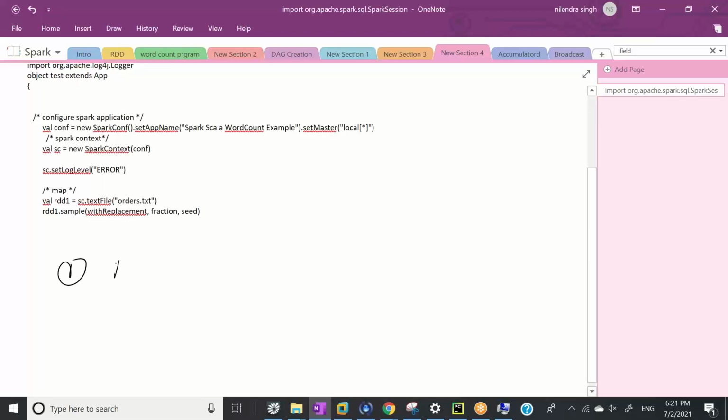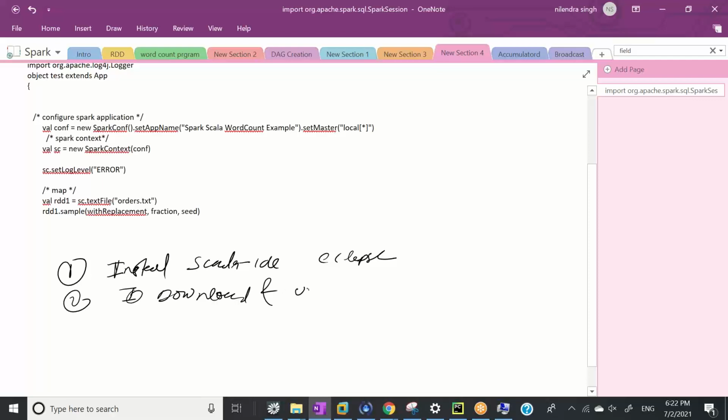First step, install Scala IDE, that is Eclipse, right? Second thing, download and unzip Spark, right? Third thing, download